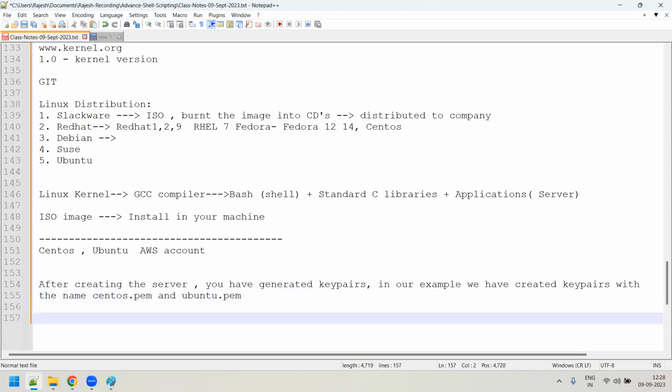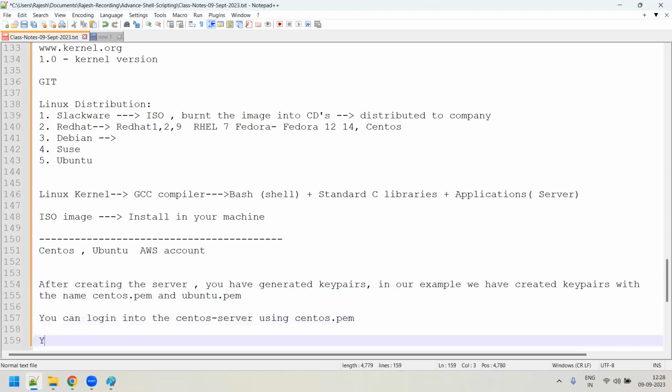So you can log into the CentOS server using the CentOS PEM file. Similarly, you can log into the Ubuntu server using Ubuntu.pem.